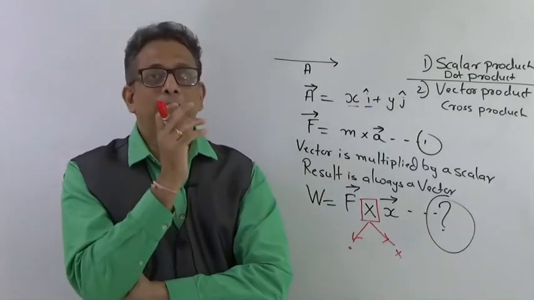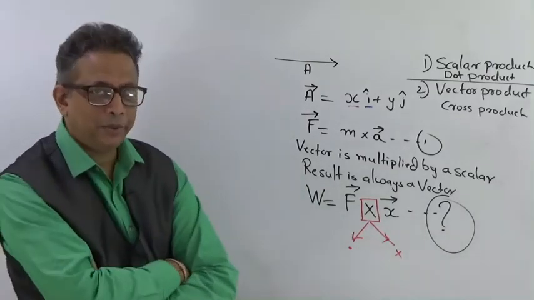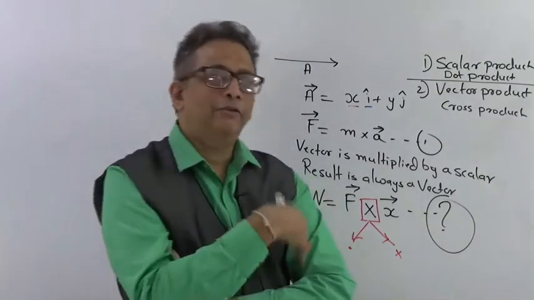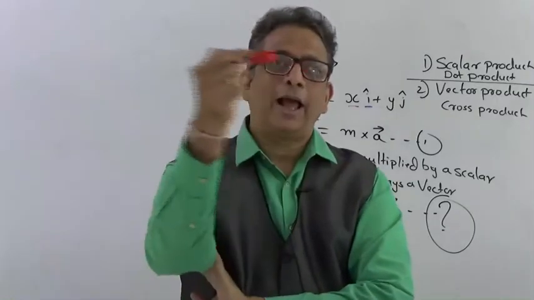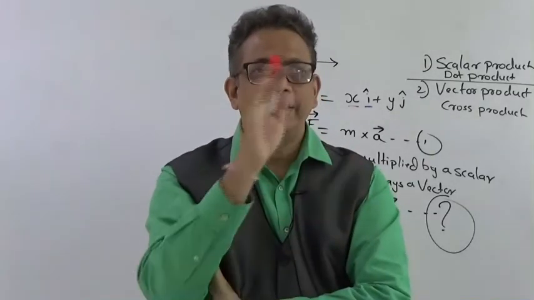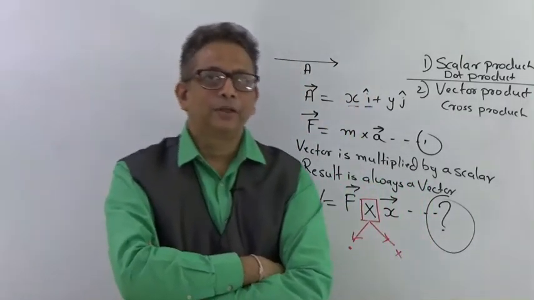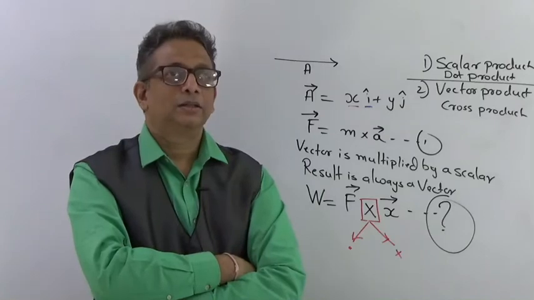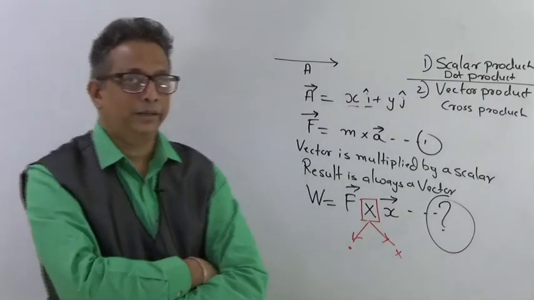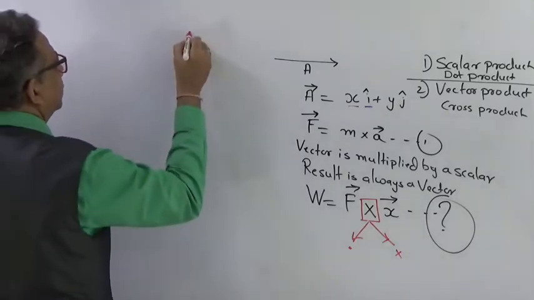and only a magnitude remains, right? So scalar products are much simpler and easier because they give you a magnitude. The vector or the arrow sign on the head of that vector goes away, so the complications also go away. So here we are going to see the first method, that is the scalar product of multiplying two vectors. Okay, so let us see the scalar product.